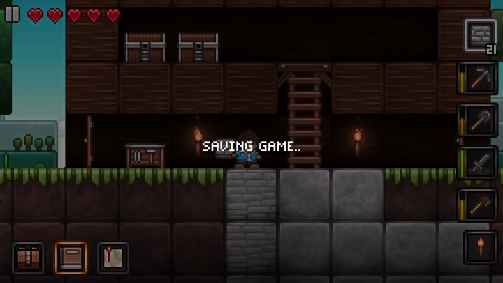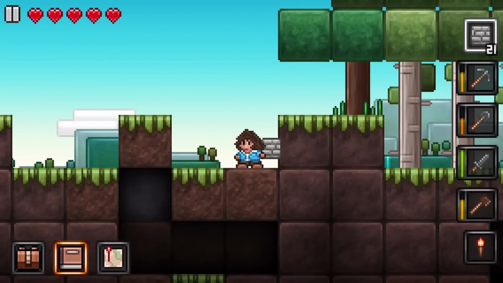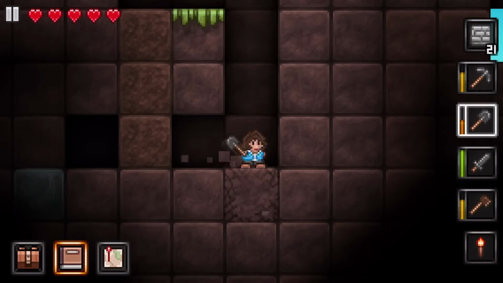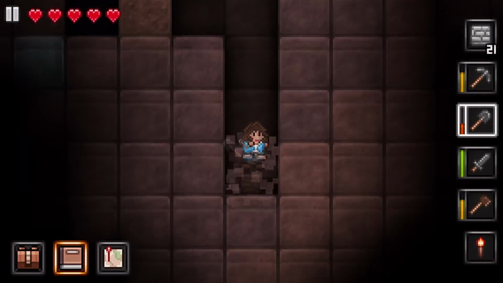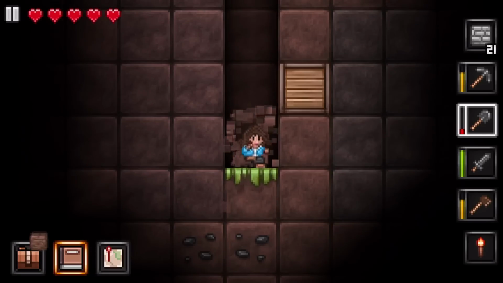So I think what we're going to do is we're going to go back to our resource world. And we're just going to dig straight down because that way, once we're done mining, getting our basic things, we can just go